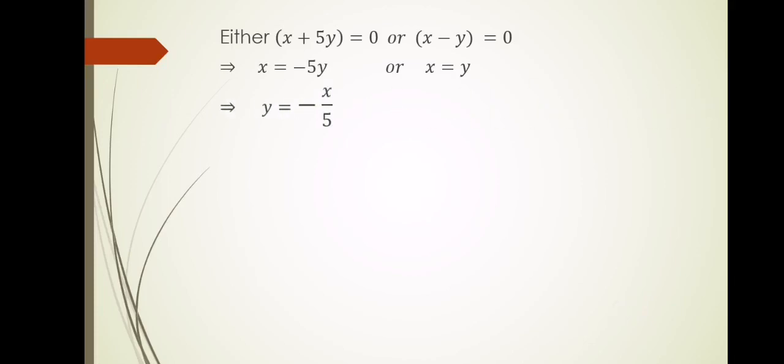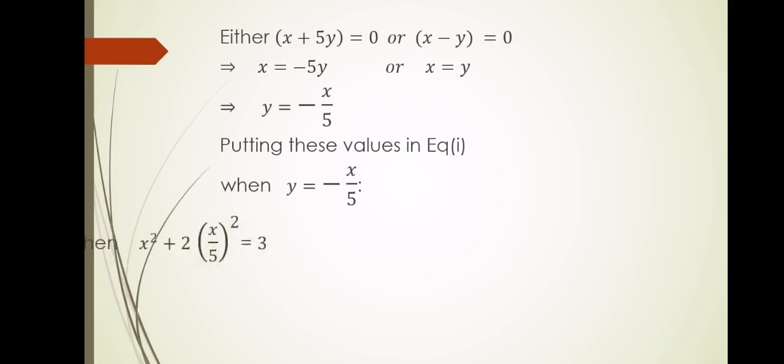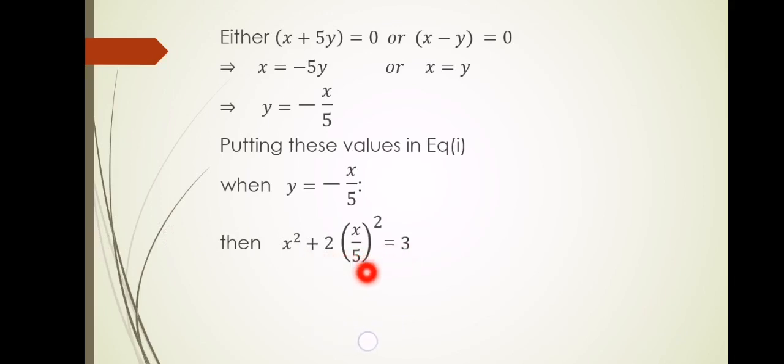We will be having y is equal to minus x by 5, and we know that y is equal to x. So we are going to use these values of y, and we will put these values in equation number 1 to find out the values of x. So first we are going to take y is equal to minus x by 5 and put it in equation number 1. Since equation number 1 was x square plus 2y square is equal to 3, putting y is equal to minus x divided by 5, we just get,